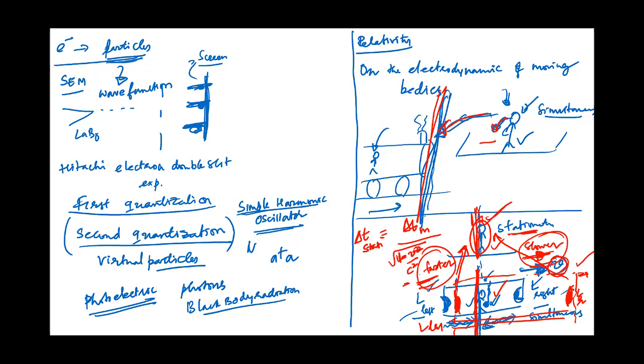So it is from this point of view that the time in a moving object appears longer, right? It's from the stationary point of view that the time in a moving object appears different, because